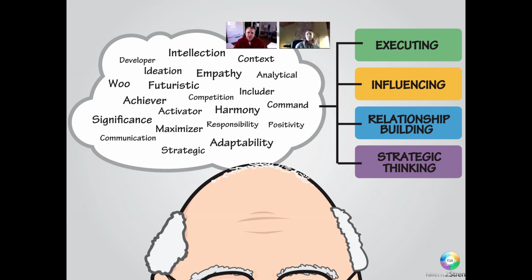So Gallup has these 34 themes. That's really as far as I want people to go. I don't want them to go too far into these four domains. So there are 34 themes, and then what Gallup would do is create